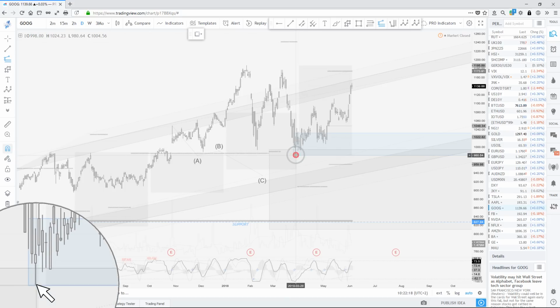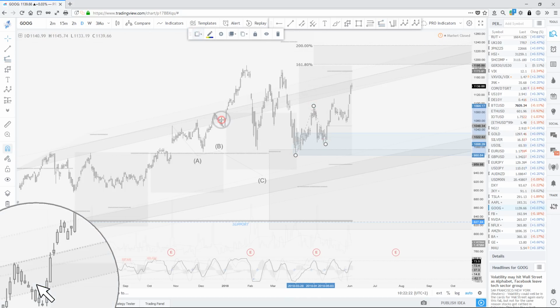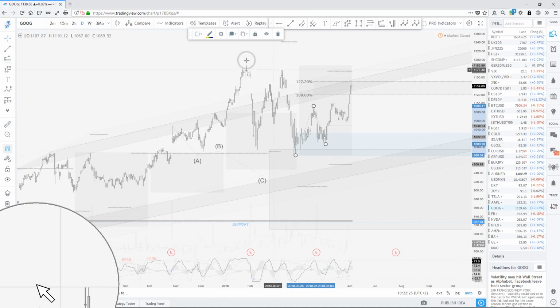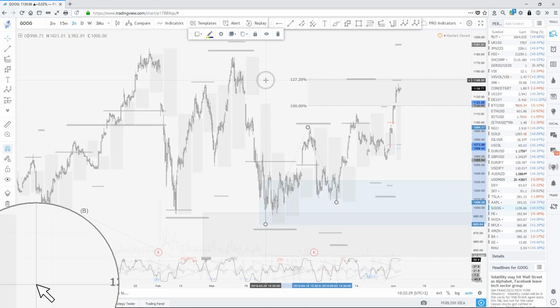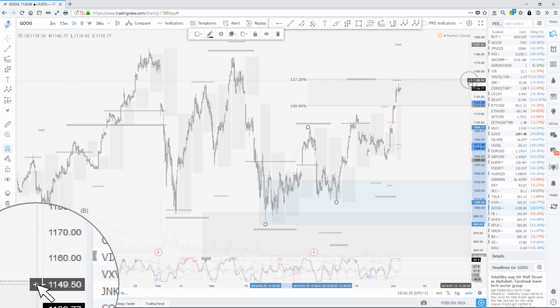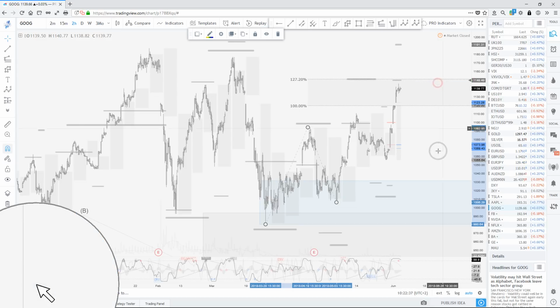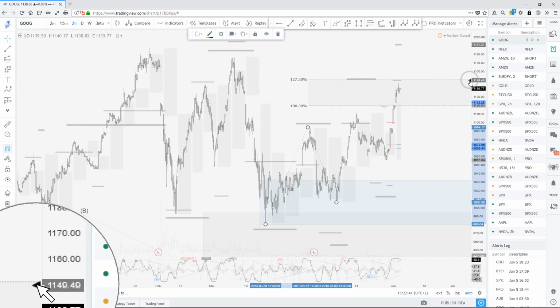I'm going to see if we reached the extension targets. Perfectly, we did. So right here, we're going to try to find a resistance and find a trade in Google, totally confirming the resistance in here, so we could go slightly higher. We're already in a bearish cycle, so this is where I think we should trade. So Google, for example, it's 11.49, let's say 11.50 is the price. Google could be considered short.